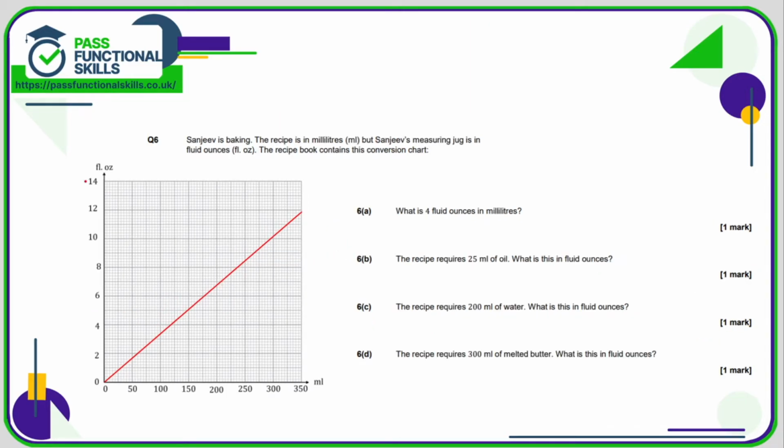Question number 6, we've got fluid ounces up the side and millilitres along the bottom. So we're going up in 50s on the millilitres and going up in 2s. So that means if we're going up in 2s, then each mini square is 0.4, whereas here every faint line is 5. So what is 4 fluid ounces in millilitres? Well, 4 corresponds to